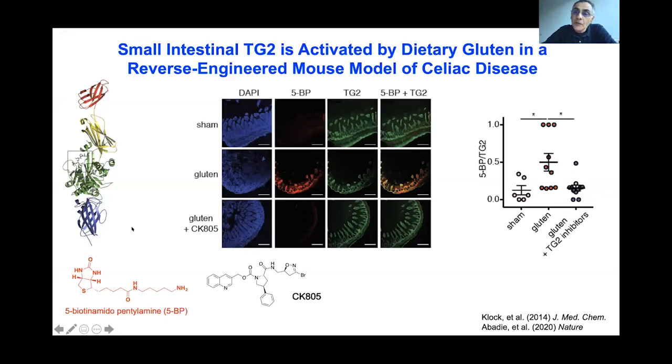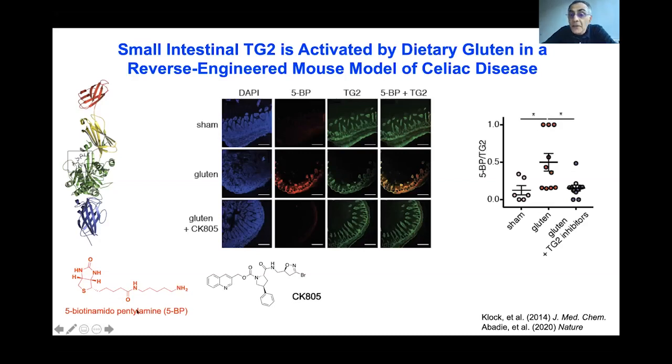Our role was to engineer the relevant molecules, starting from the X-ray crystal structure of TG2 bound to a gluten peptide mimetic. We were able to engineer a variety of small molecule tools, this being a particularly useful small molecule inhibitor of TG2 that had the right kind of selectivity for us to be able to take in vivo potency and